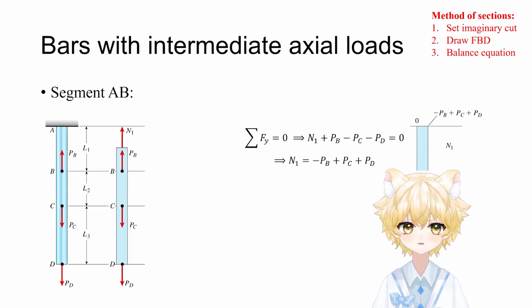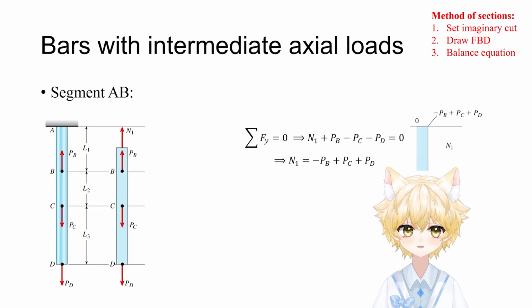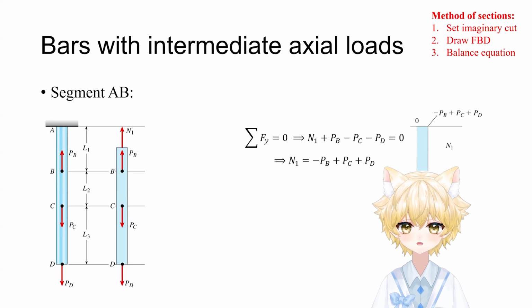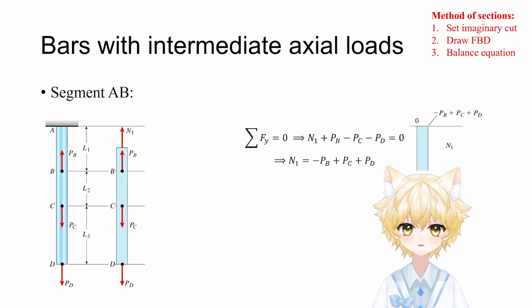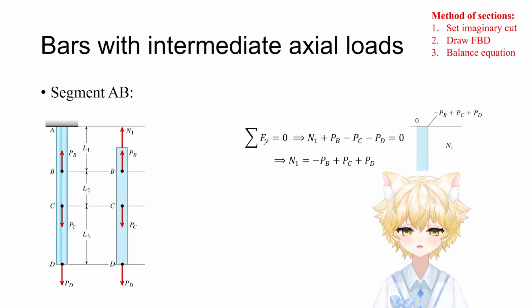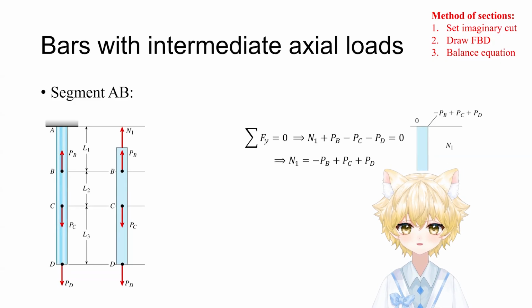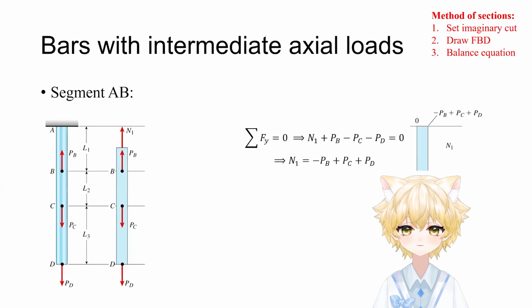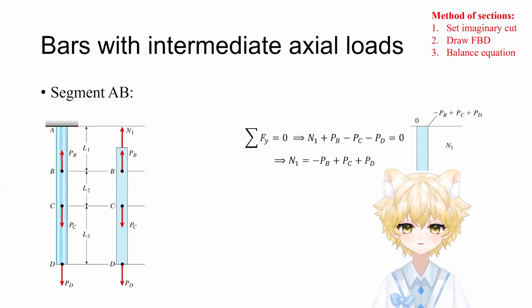Outward means it points to the direction that is outside the object you are interested in. So your object is the lower part, therefore opposite to the object you are interested in means you need to point upward, right? In other words, you just assume this segment is under tension,